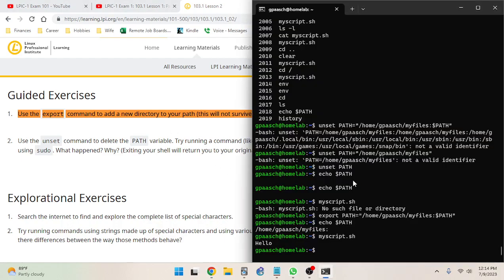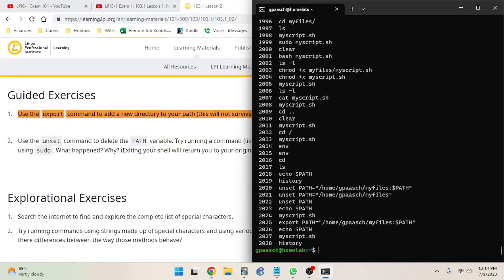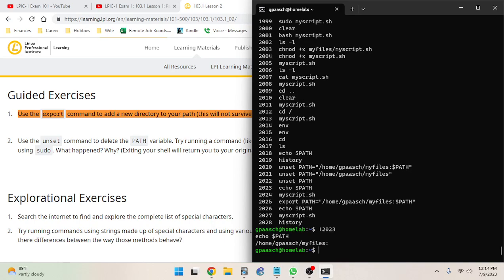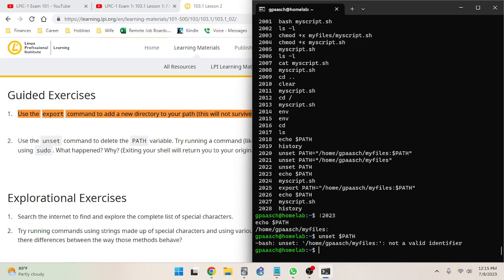We unset the path variables. So let's take a look at what I did in my history. Yep, we unset the whole path. So this is what the next guided exercise would have had us do anyway. Is unset the whole path variable. So we can see in command 2023 I reset that. So you know what, let's unset the whole path variable again because it is part of this